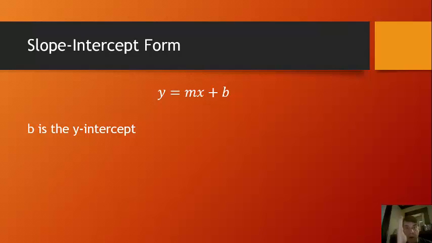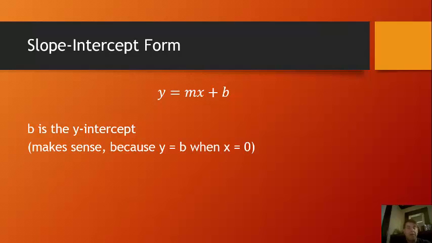Well, it crosses the y-axis when x equals 0. And so if you put in 0 for x here, the mx goes away because anything times 0 is 0. And we're basically left with the point where y equals something, where it crosses the y-axis. So this makes sense because y equals b when x equals 0. So the b tells you where the